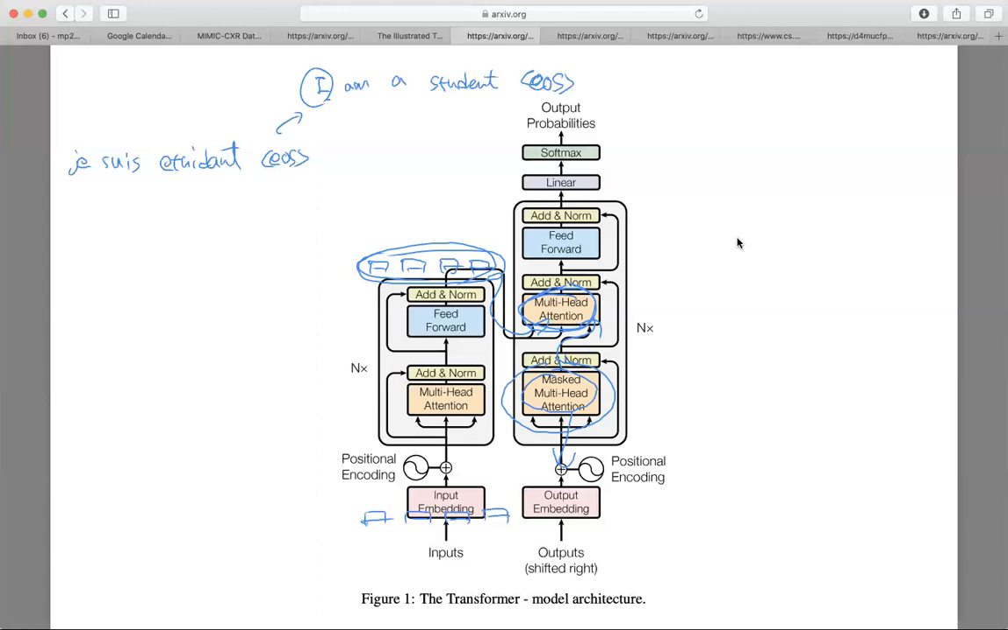So you need to have a start symbol here, and then push that into the decoder, and it'll prompt the decoder to generate or predict the "I". And then, for example, let's say we generated "I am", and it's now time to predict "student". The reason it is called masked self-attention is because when you're trying to predict the "student" here,